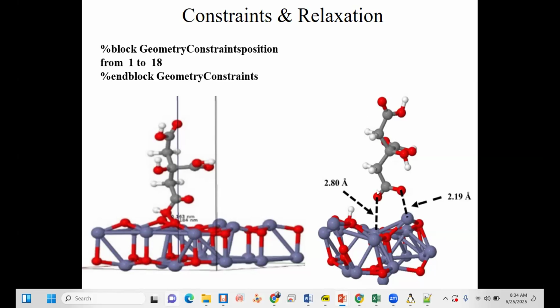the charge density difference between these. Their charge densities either repel each other or attract each other, depending on the nature of these atoms. So basically, this whole system depends. So this block actually constrains the position of atoms for this layer from 1 to, let's say, 18.